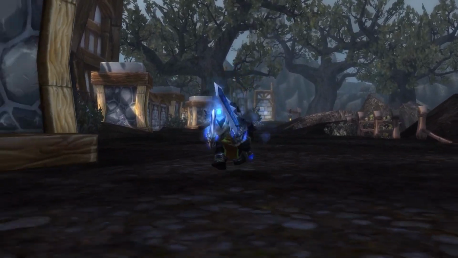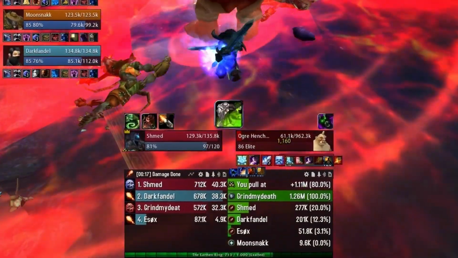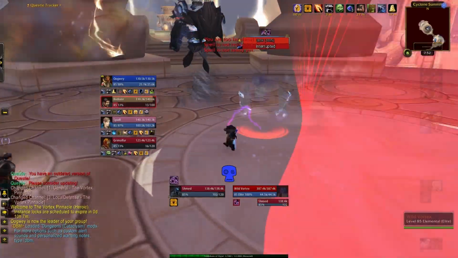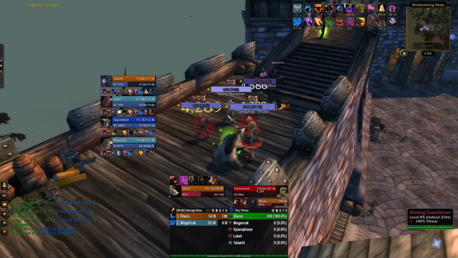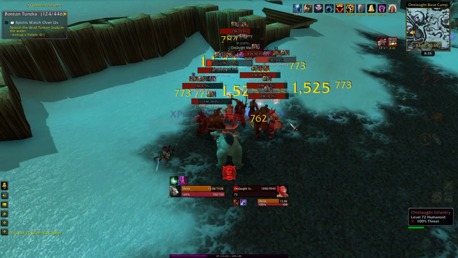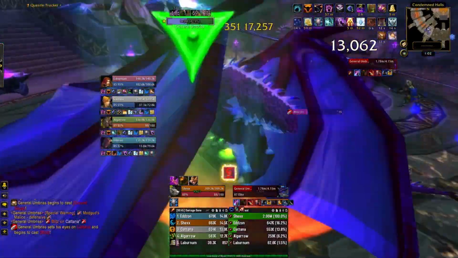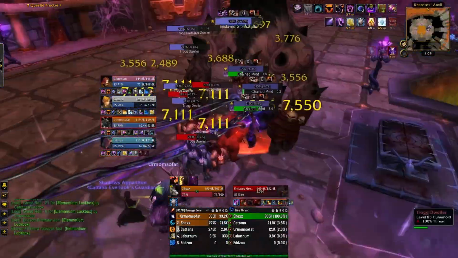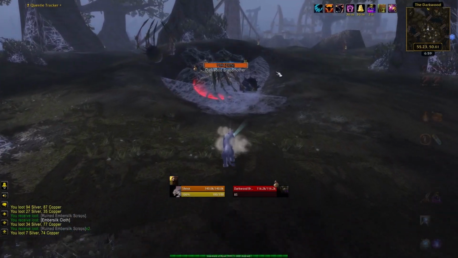I've been getting a lot of feedback lately about my unit interface. A lot of people seem to like its minimalistic look and want to know how to set it up for themselves. In this video, I'm going to show you all the add-ons you need to install, how to set them up, and also some nifty in-game macros you can use to quickly switch profiles on the fly. All you need to do is follow along with me and you'll be able to make your UI look exactly